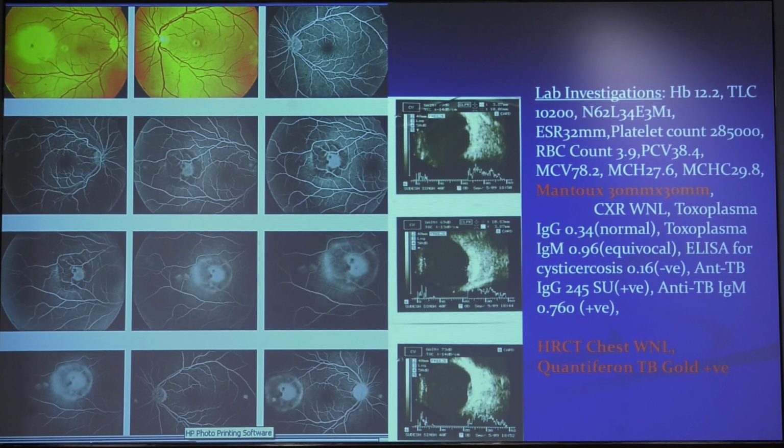And this is a very old patient actually, so I'm sorry for the poor quality of the angiogram, but you can see here a very important telltale sign on fundus photography, which Professor Amod Gupta has taught us: there is a chorioretinal anastomosis and you can have a hemorrhage overlying this granuloma. So this is a telltale sign that this is a TB granuloma. And you can see initial speckled hyperfluorescence and later a lot of intense hyperfluorescence in the area of the granuloma. Mantoux was 30 by 30, HRCT